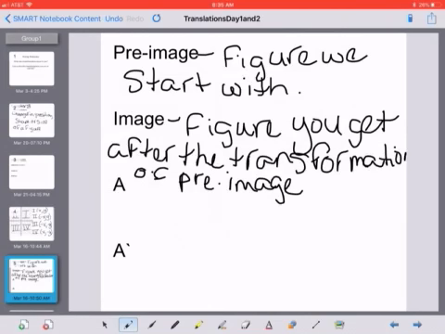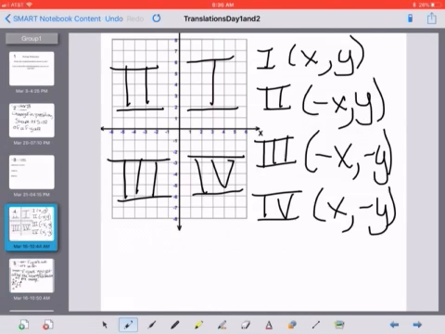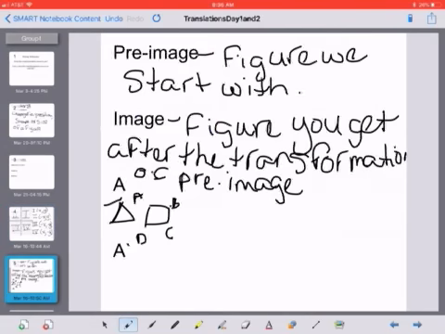Now, A and A with the apostrophe. So let's start with A. A or B, any letter that you use, and it can be capital, lowercase, it's how you identify your pre-image. So when you label your image, if you have a triangle or a square, each vertex or point in that pre-image is going to be labeled. So A, B, C, and D. And on those vertices, it'll be in one of your coordinate planes, and it will have a number associated with it. Okay? So this is just a label